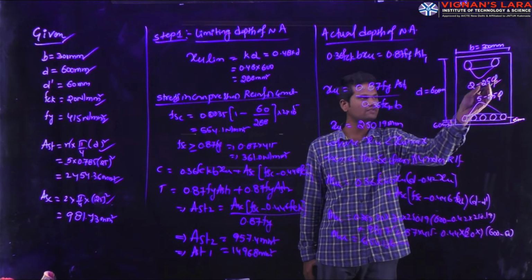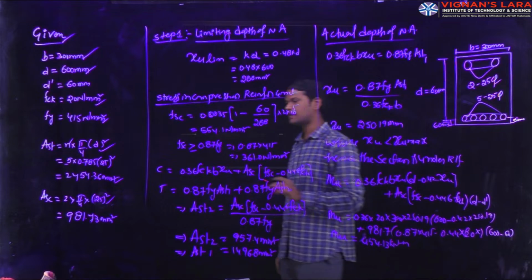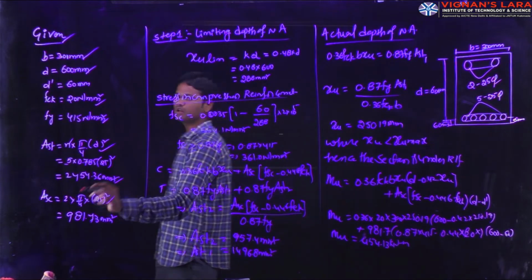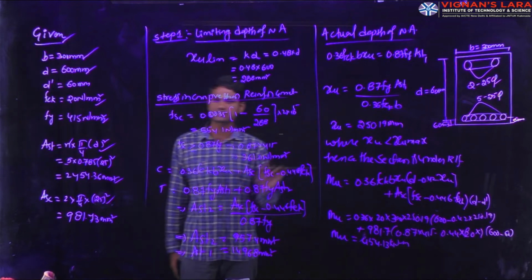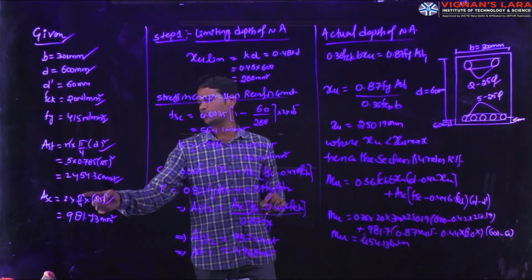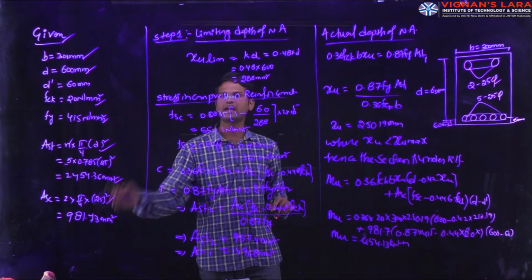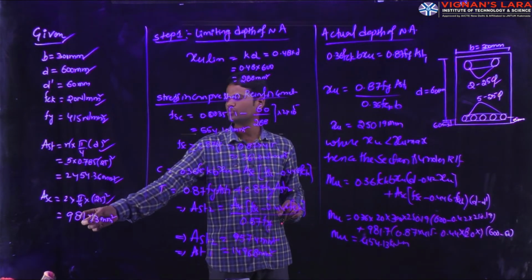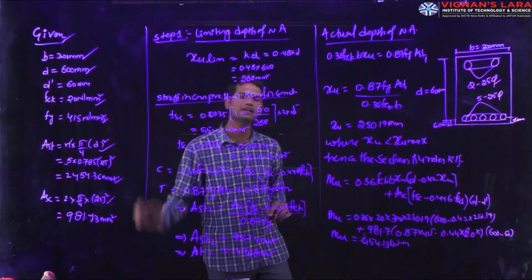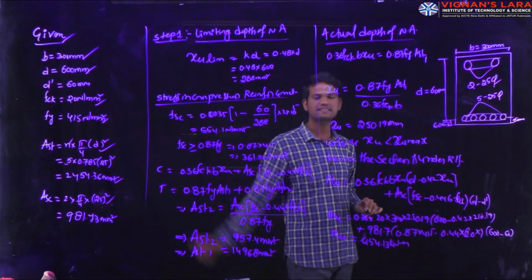Two bars with 25 mm diameter. Again, if you substitute n into pi by 4 d square, where n is the number of bars, pi by 4 d square is the cross-section area of the steel bar. 2 into pi by 4 into 25 mm, where the diameter of the bar is 25 mm. If you substitute these parameters, we get the area of the steel reinforcement in the compression zone as ASC equal